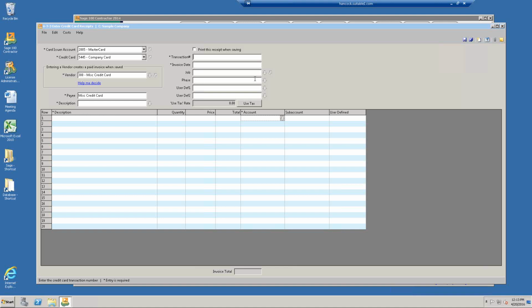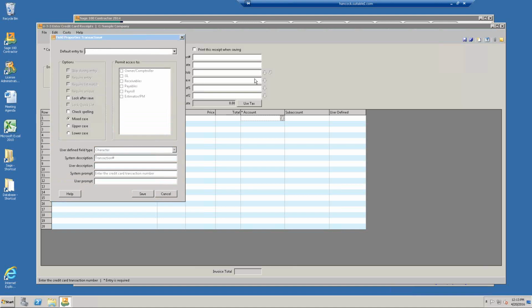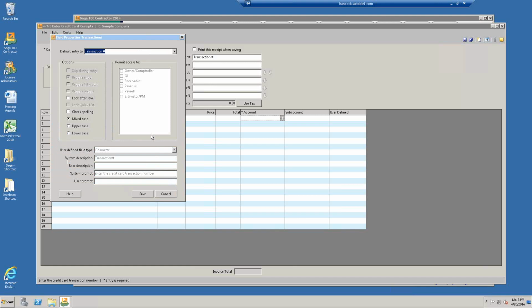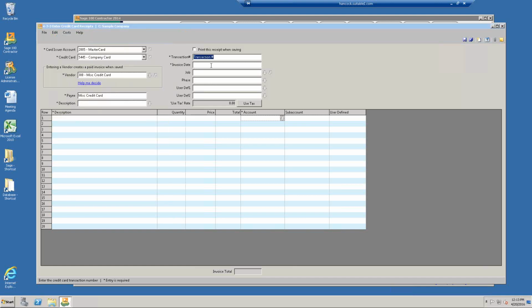So instead, I'm in supervisor mode and I hit F7. I'm going to come here and put the default to transaction number. So it's going to default for me. It's going to have something in there. If I have it, I can always override it, but otherwise it's just going to say that. That to me means that there's no transaction. I just know. Or I could put in a code or whatever you want to do,